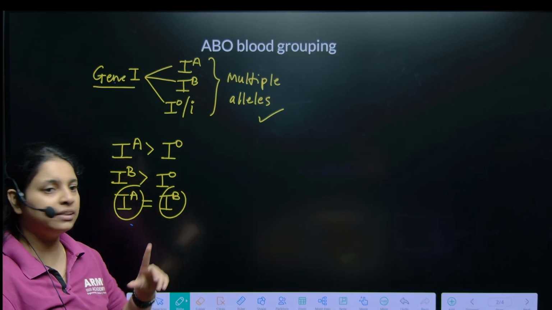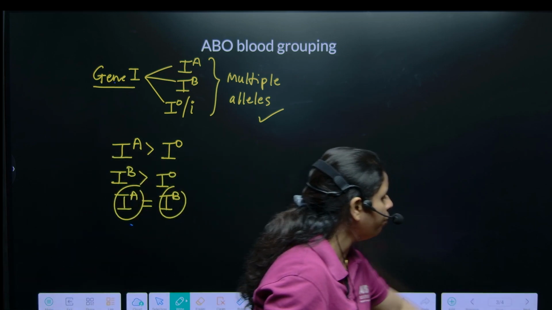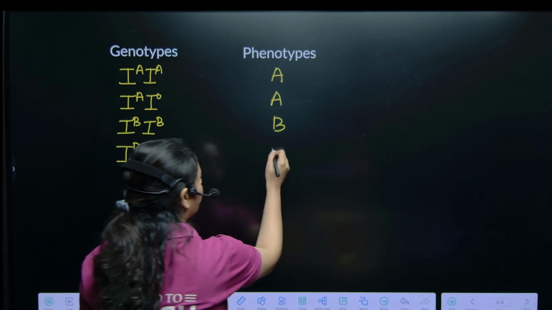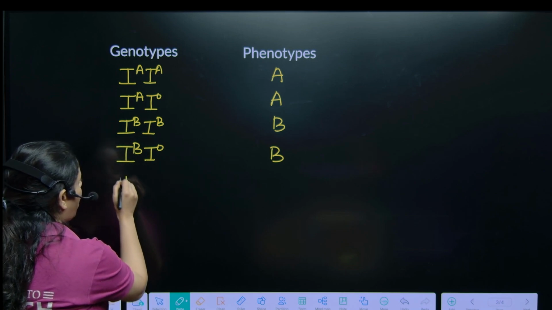IBIO, if these are together, then IB is completely dominating. So what will be the blood group? We will have, again, IBIO means B blood group. Okay. Next, we have